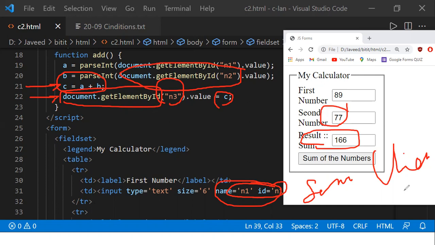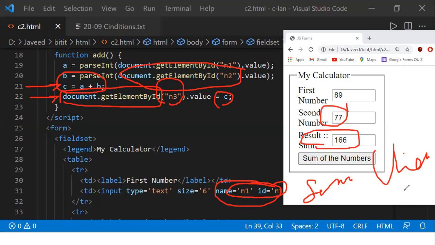Right now, we know that JavaScript is a client-side programming language, so we make use of the ID attribute. After using the ID attribute for a particular control, if I want to get the data from that control, I use document.getElementById of that element name, and then dot value.